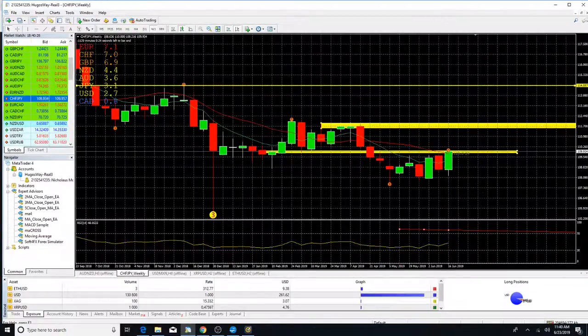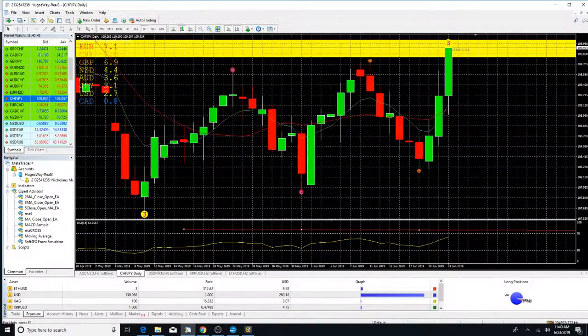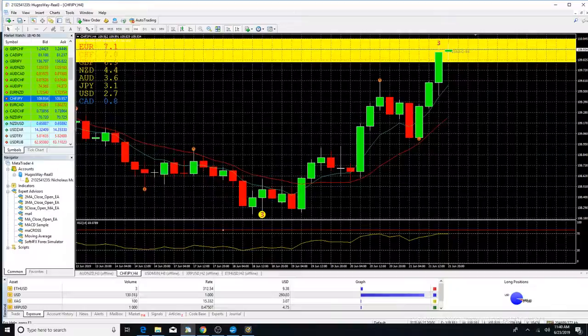to the next level. However, I'm looking for sales here. I'm looking for it to reverse, at least a little pullback from this level right here, because this previous support, right, and this downtrend could become resistance. So I'm only going to look for sell setups. This is strong bullish momentum 3 days in a row, but I fully expect price to pull back some at this level, maybe back down to 109 before continuing up, or it could be a hard drop back down all the way to